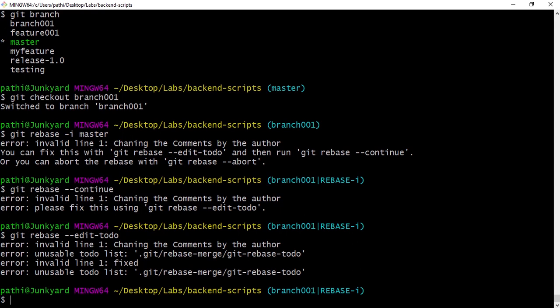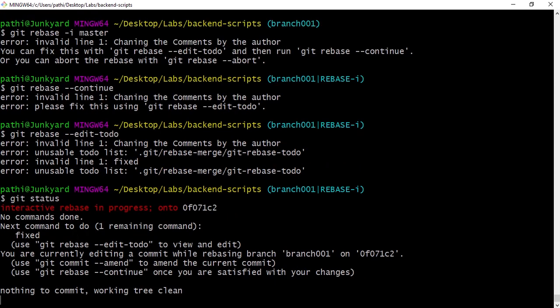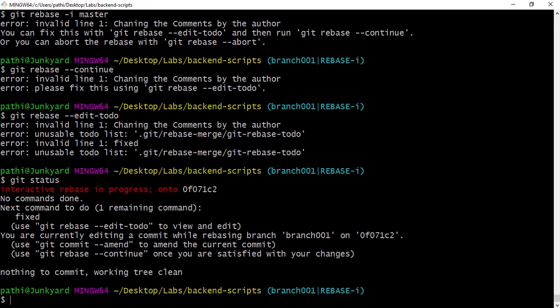It's unable to write a to-do list. Okay, that's fine. If you look at git status, again there is a rebasing issue. Let's do the necessary changes.